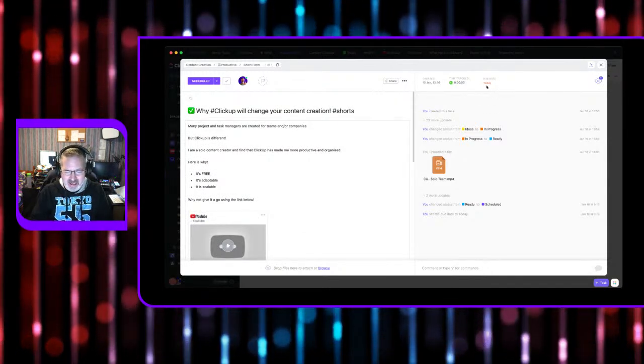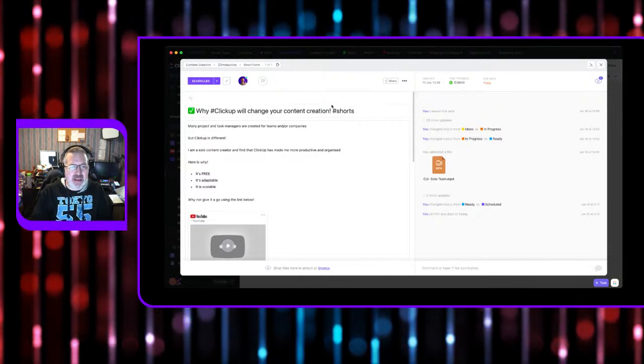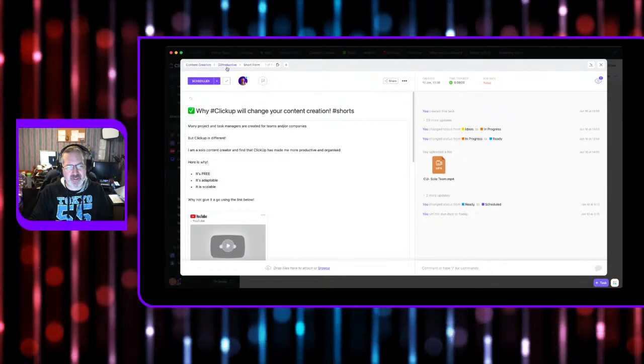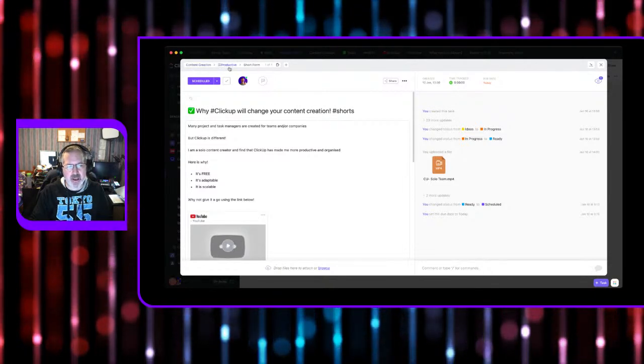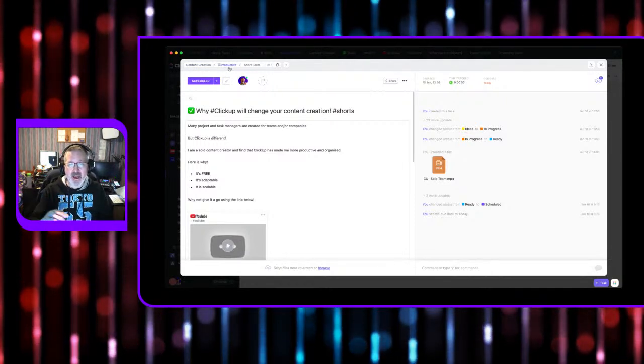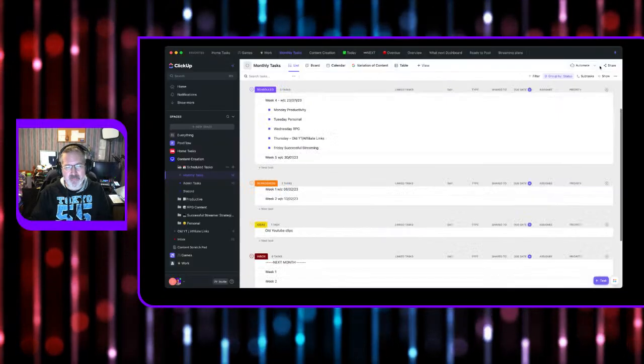You can see that it's scheduled for today, so that's when it's going off. Now this actually lives, if you look up here, in content creation productive. It lives in this folder, so it's not in that monthly task folder. Everything is linked backwards and forwards.